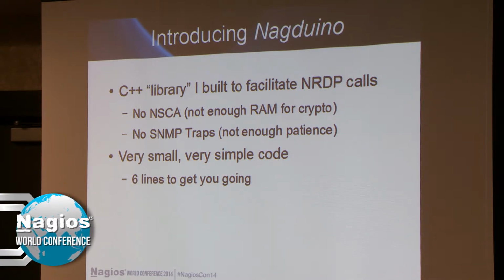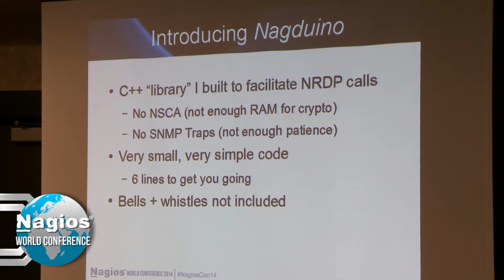6 lines is all you really need to send an SNMP or a NRDP call to Nagios. It's not a lot, and I'll show you on the next couple pages here. There are no bells and whistles. I tried to keep it intentionally very simple. I didn't want to, where's my water here? I didn't want to throw too much into it. Initially, I kind of wanted to get the core functionality of it working. And for that reason,